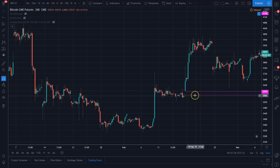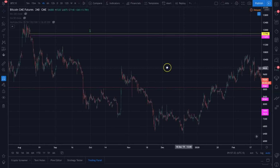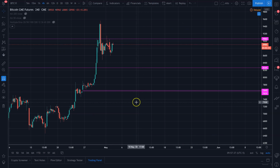Okay, so that's where it's at. It's way, way down there. I'm not really even looking at those levels right now. Right now, I'm still looking more to trade the levels we're at. Okay,